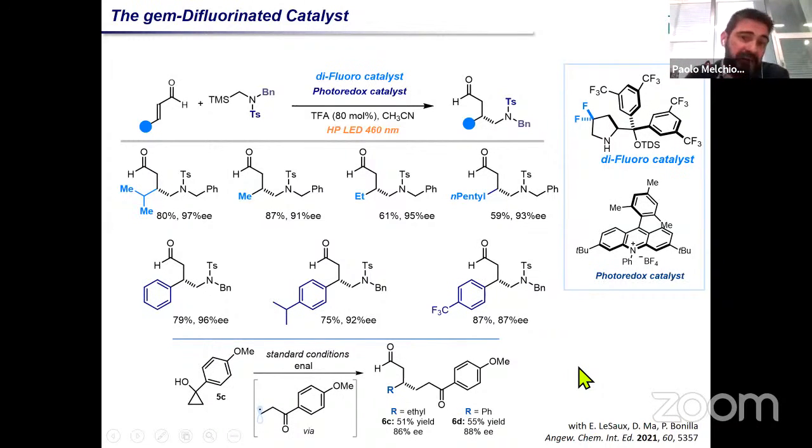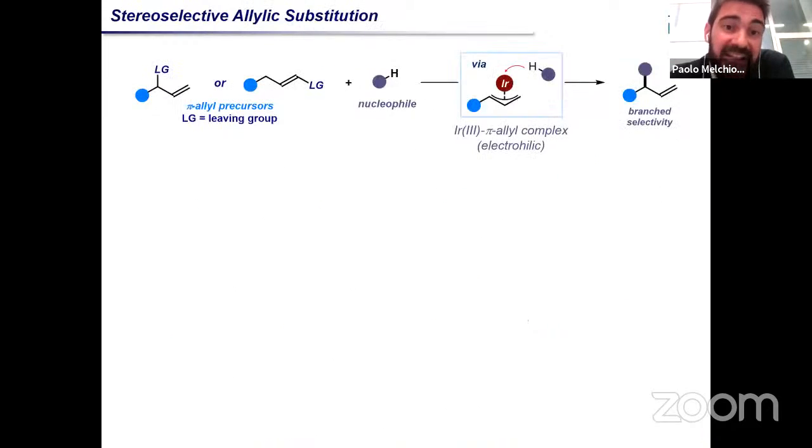So the very last part, I would like to focus on another type of reaction that is not based on the excitation of organic molecules, but on the excitation of an organometallic intermediate. So it seems that also organometallic intermediates may acquire new properties, new reactivity upon excitation. And in particular, we focus on a classic organometallic intermediate in enantioselective catalysis, that is the iridium 3-pi allyl complex